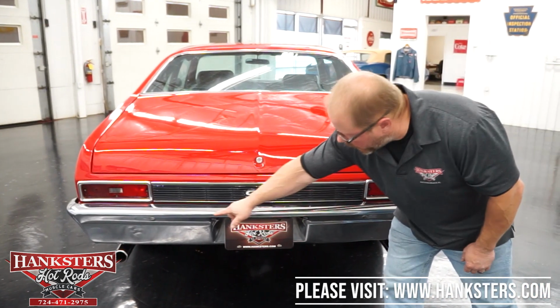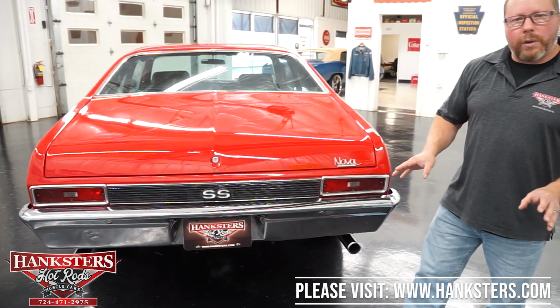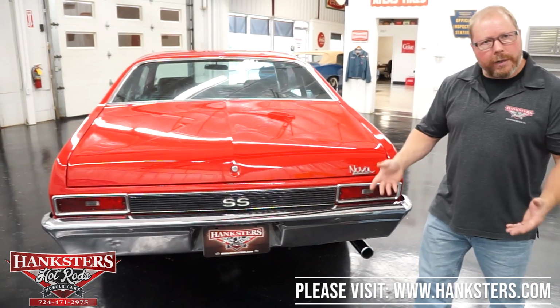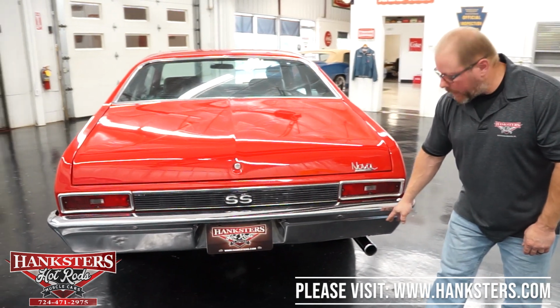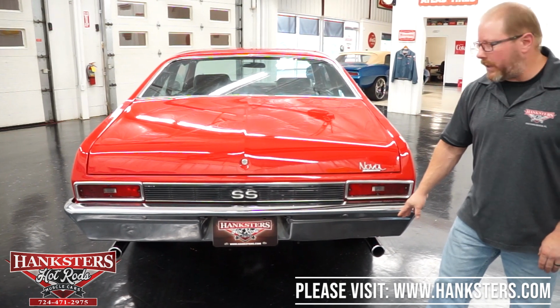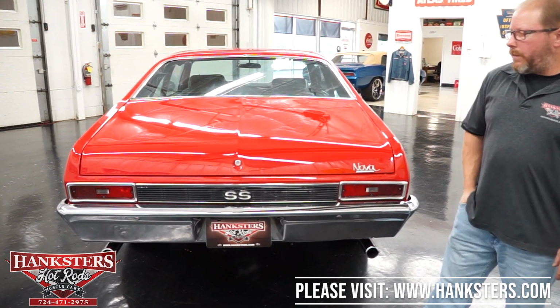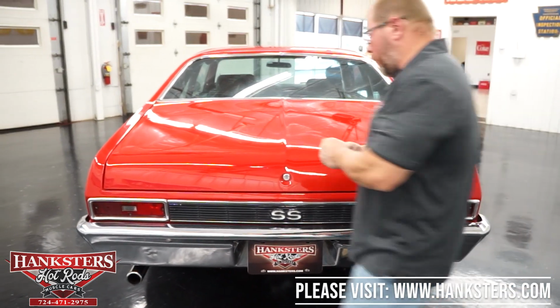Also back here, you can see the exhaust. It pokes through back here. It is a true dual exhaust car. We'll show you more of that from the underside video, but a nice set of round chrome exhaust tips on here to poke out through there just to complete the look back here. Looks really well. Now we'll go ahead and open our trunk lid up